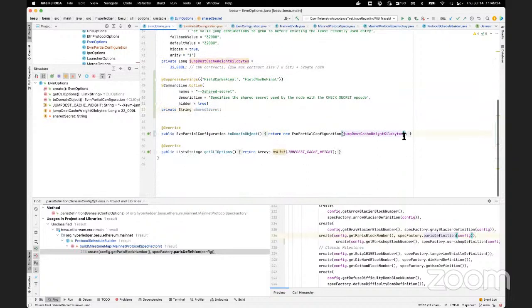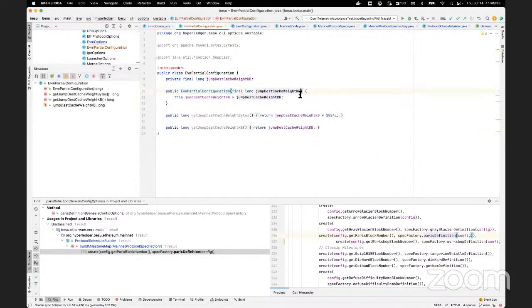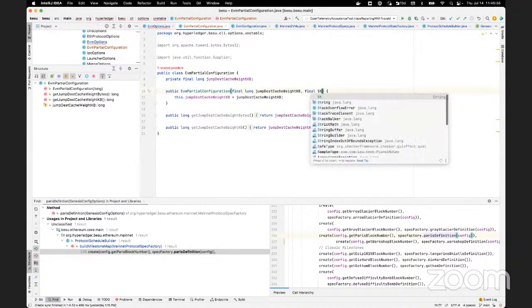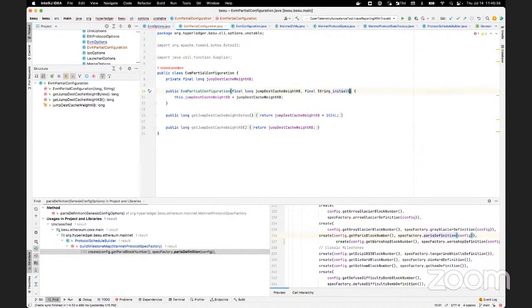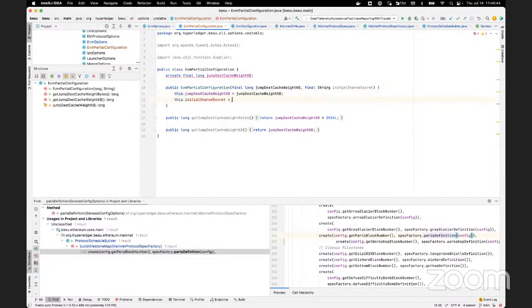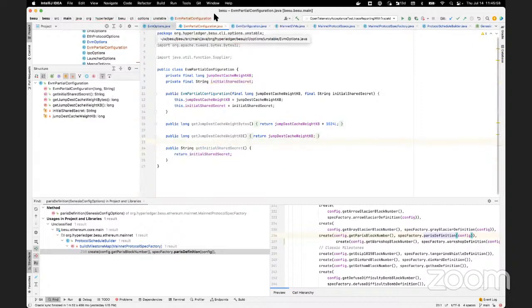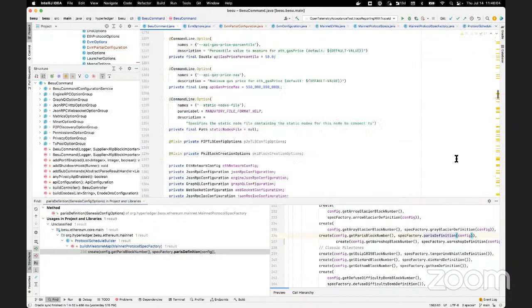What we're going to do is we're going to call it. We're going to just set it as a string in here, so we don't defile this object. And it's going to be its initial shared secret here, here, and then we create a field for that, and then we got it. Okay. Now in my Besu command, everything should be on fire, because we're now playing with the EVM options a long way,